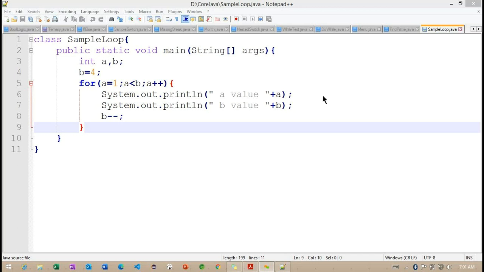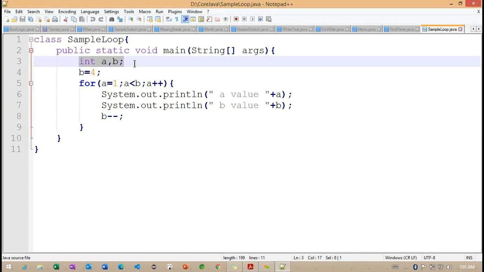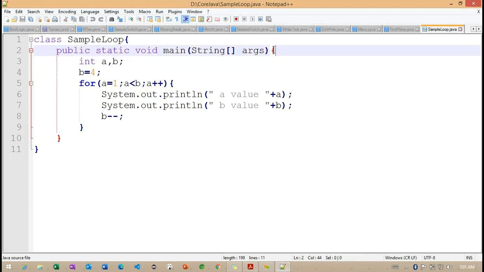As we discussed previously, these variables are within the main method, so this section we are going to call a local variable. Today we are going to discuss the different types of variable creation, something called an instance variable. What exactly is the scope of this instance variable, as well as what is the difference between a local variable and an instance variable.